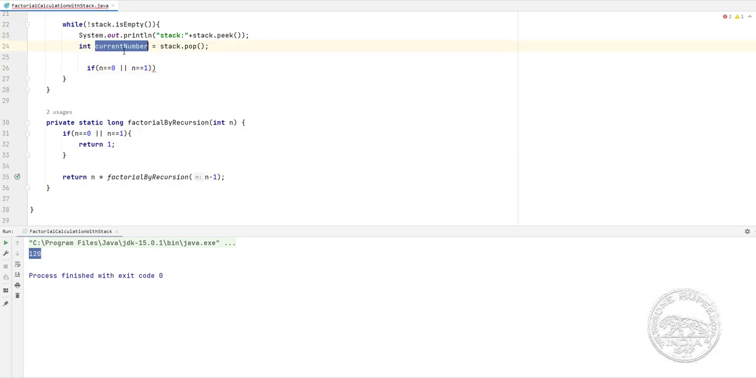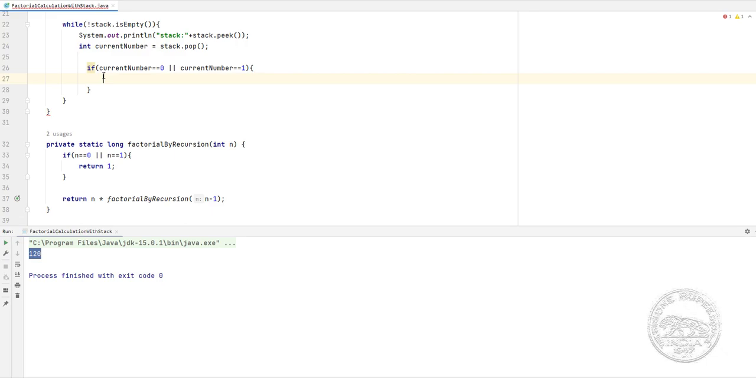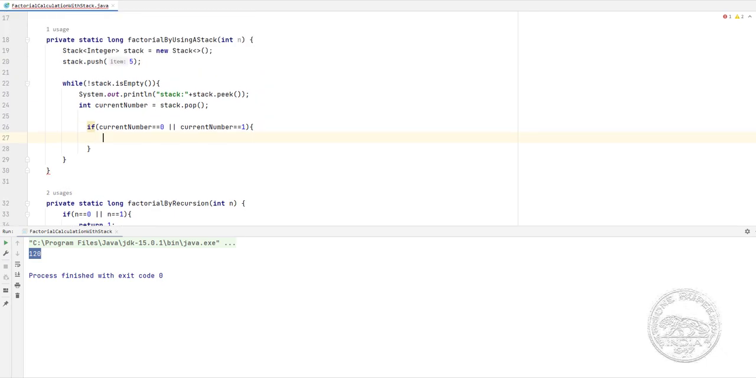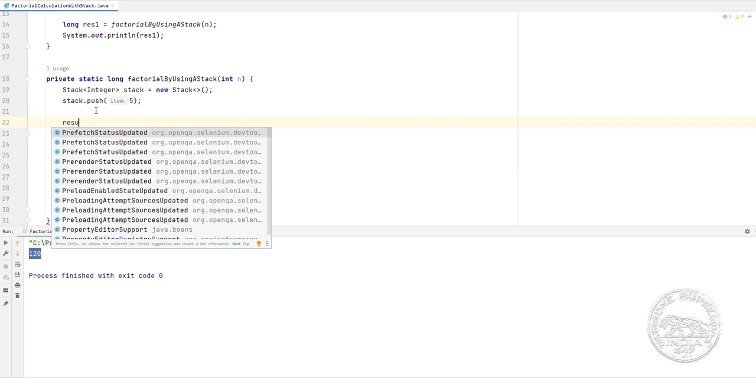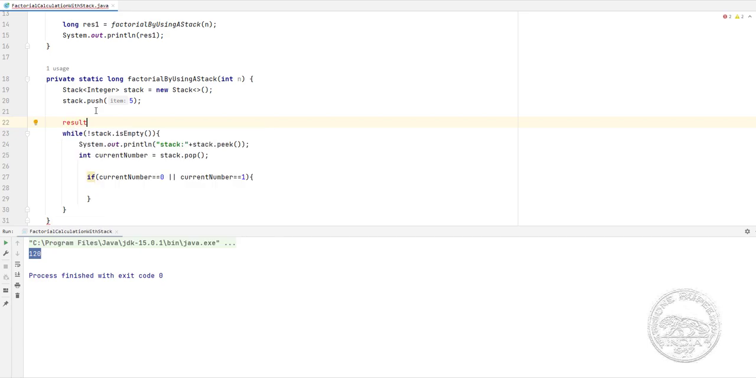So we take our current number and form a base case. If the current number is equal to 0 or the current number is equal to 1, we simply have our result. Okay, we need to define a result here. Let's have it as a long, and we are going to make it 1. So we have our result, and we will be doing a result into 1. Else